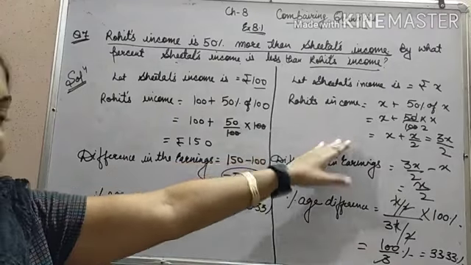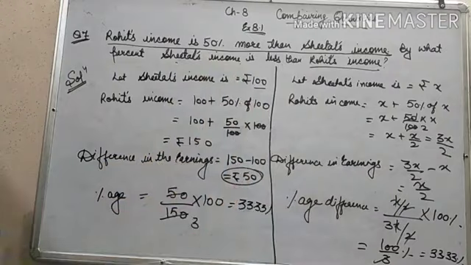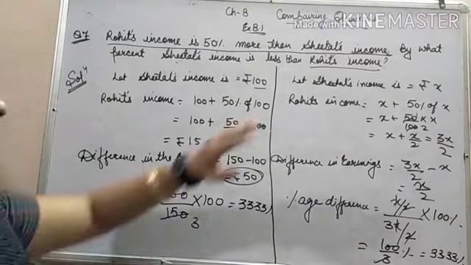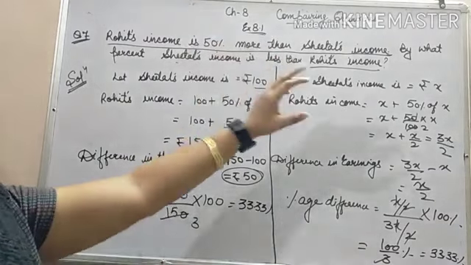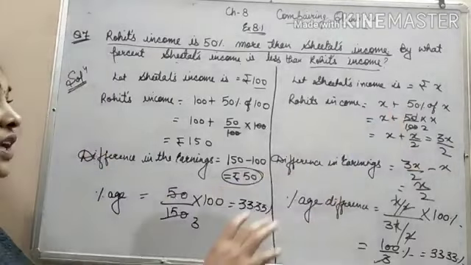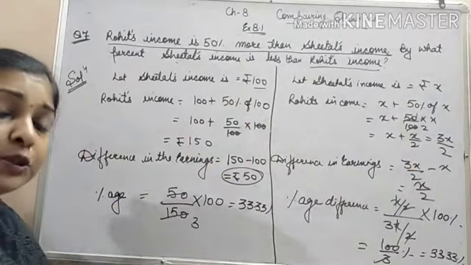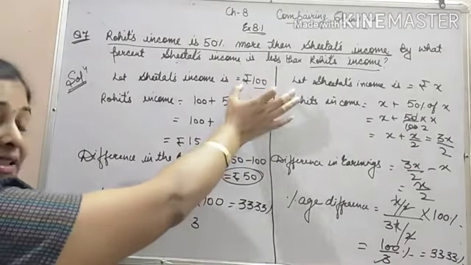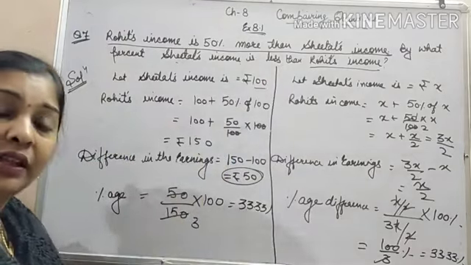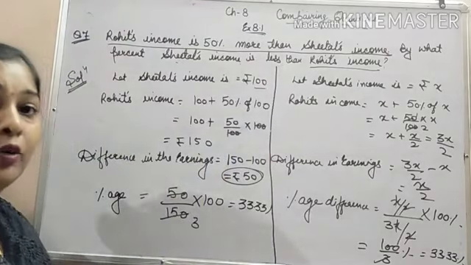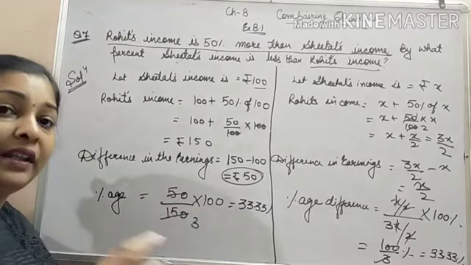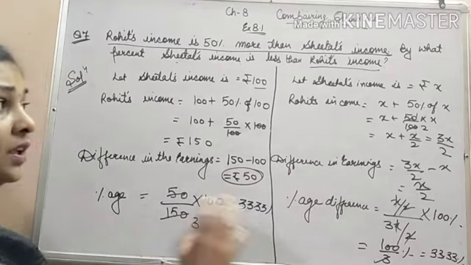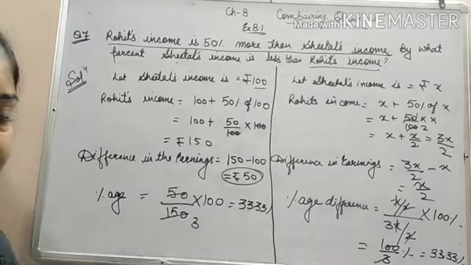Here we have taken a variable and here we have taken 100. I have told you both the methods because some students say, ma'am, it is not given that Sheetal's income is rupees 100, why are you taking 100? So I have taken a variable over here. But we can suppose it as 100 because percentage is per 100. Whatsoever we take as the income, the percentage will remain the same. So there is no difference between these two methods. You can use any of the methods.